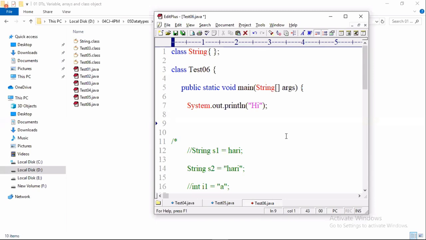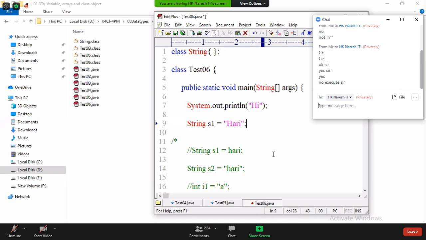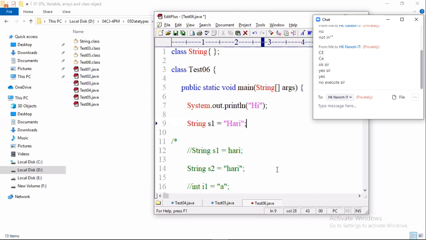Okay, now I want to ask another question. Look at here. I am writing a statement here: String s1 equal to double quotes Hari. Is it compiled? Please think one second and give the answer. Don't blindly give the answer fast. How many years of experience do you have to give the answer that fast? As if you are James Gosling, the inventor of the Java language, you are giving the answer. One second also you are not thinking. Compile or not compile?